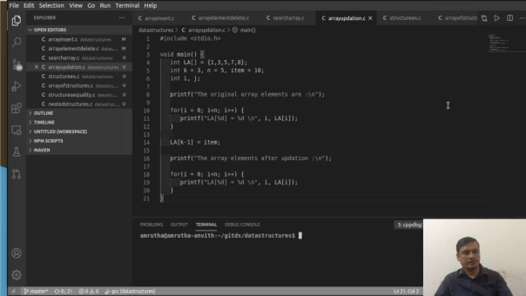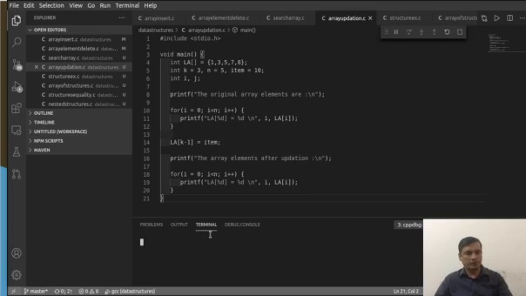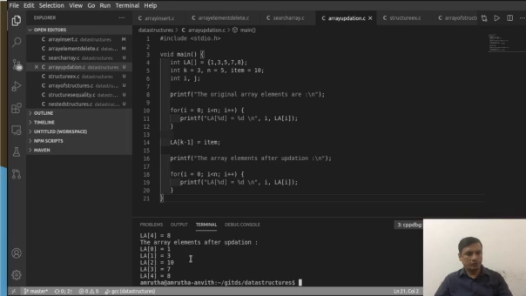on updation of the array, you get this kind of output. If you observe the output in the terminal window, 1, 3, 5, 7, 8 are the original array elements, and after updating the third position, or the second index, because the index starts with 0, the element at the second index is updated with the value of 10 in place of 5. So this is a simple program where you try to understand how an array element is updated.